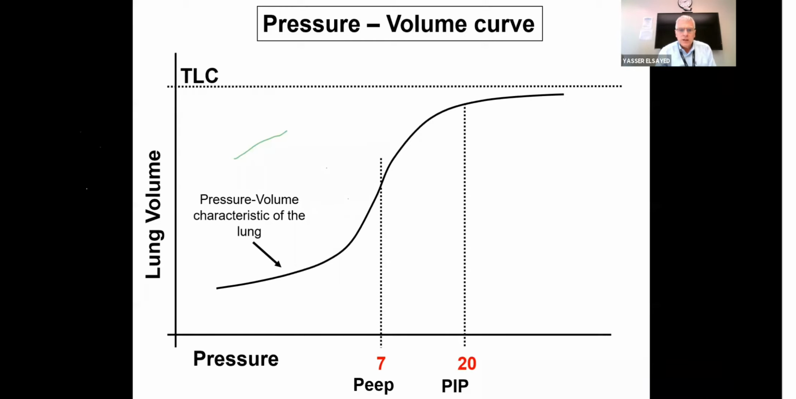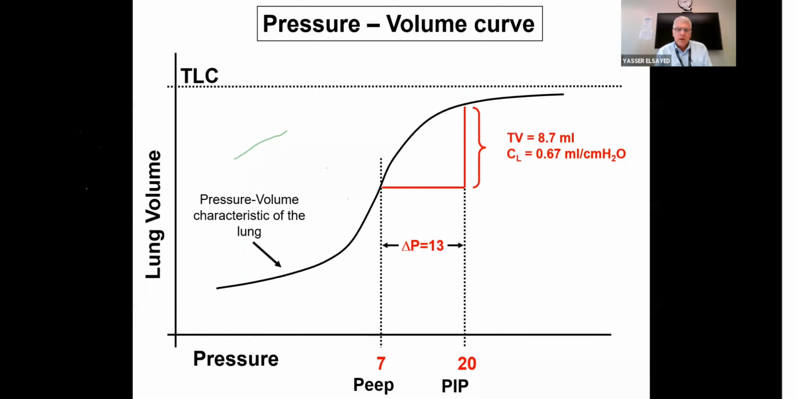So let's say you are ventilating a baby with a PIP of 20 over a PEEP of 7. Okay, so you have a delta P of 13, correct? That delta P of 13 gives you a tidal volume of 8.7 mLs. Now compliance, remember, was tidal volume divided by delta P. So if you divide 8.7 by 13, you get the compliance. In this case, that is 0.67, which is low because you are ventilating this baby on the upper part of